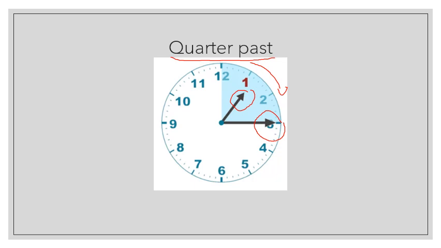Okay, ini number 1, ini number 2. For example, dalam contoh ini, short hand pointed to number 1, long hand pointed to number 3, so we're going to call it as quarter